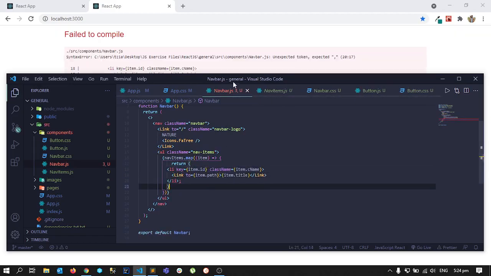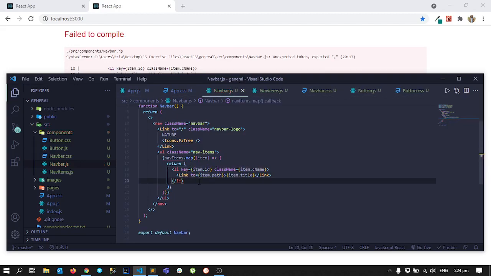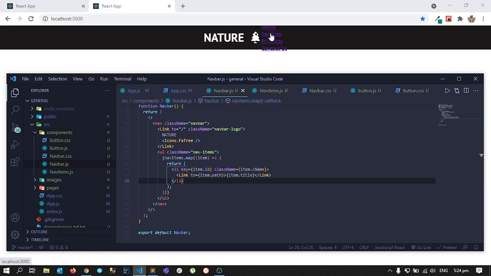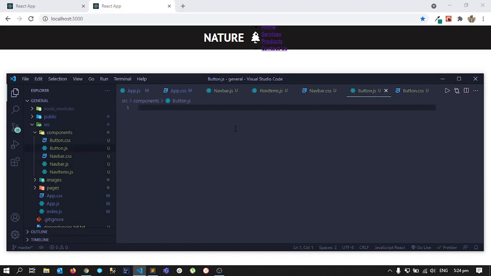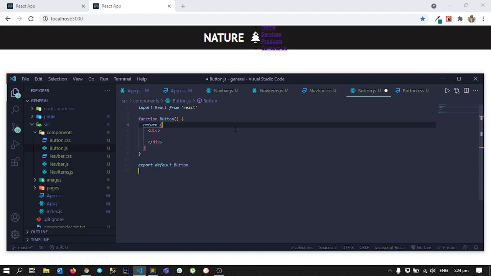Now it should show. Okay, this semicolon should not be here. Now it's okay. So we can now see all the navbar items. So before proceeding, let's also add the button. To add the button, let's go to button.js and